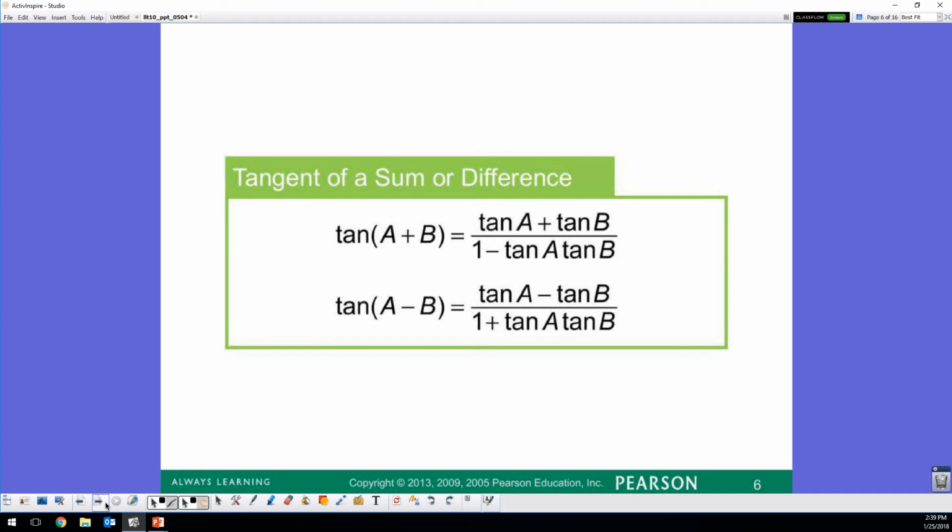Because we know tangent is sine over cosine, right? So I'm going to have sine, which is whatever my